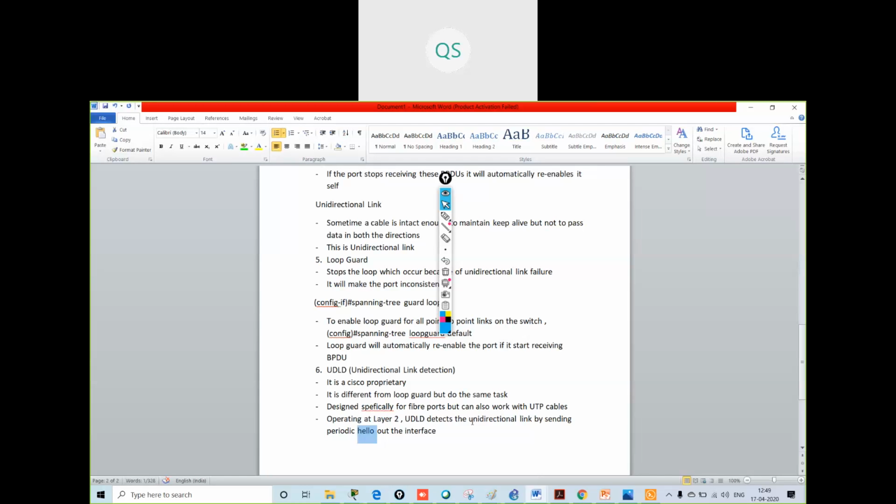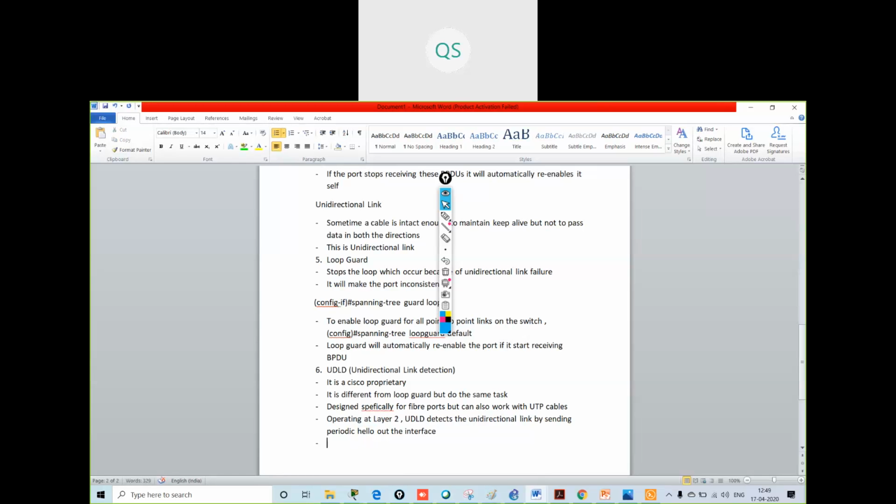If I am able to send and receive the BPDU messages, then it is fine. If I am not able to send or receive, then it will act on the UDLD.